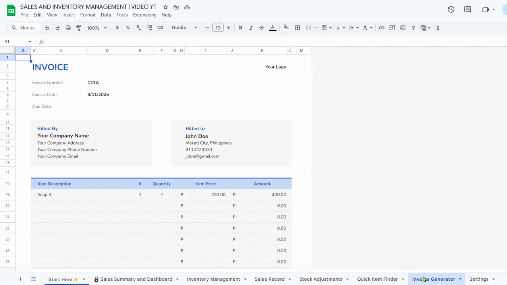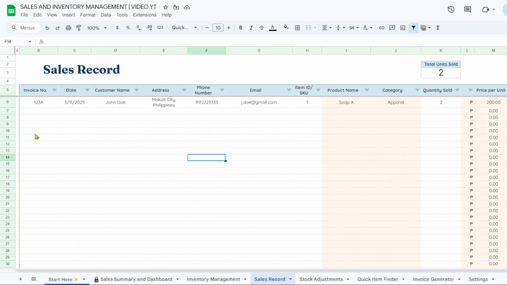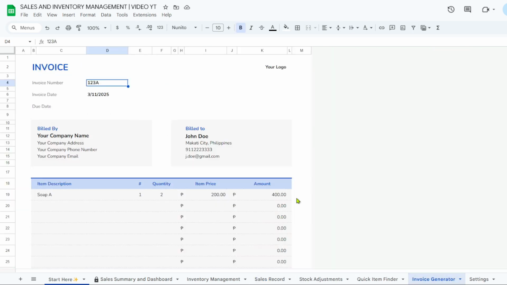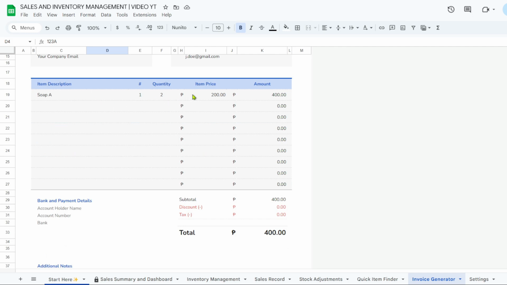Next would be the invoice generator, and one of my favorites actually. In the invoice generator, I have already placed the invoice number, but let me show you how it looks like without it. So you would see there were automatic changes with these. So you get this, and then you paste it into your invoice number, and then you would be seeing the invoice date, the due date, who you billed it to, and you can replace it with your company details, your logo. It will automatically put what the item descriptions are. You can put your account holder name, account number, bank for the bank and payment details,